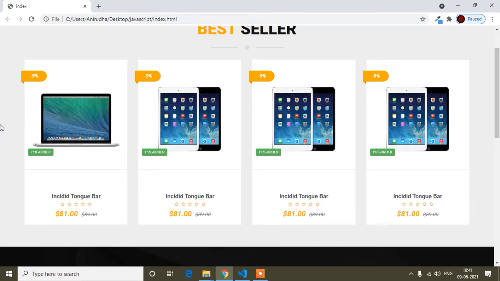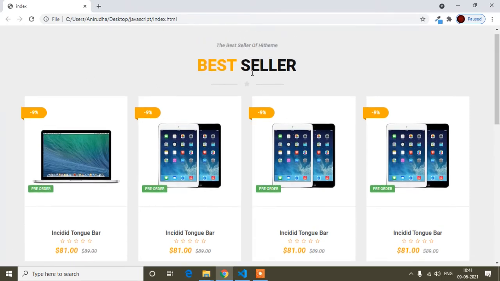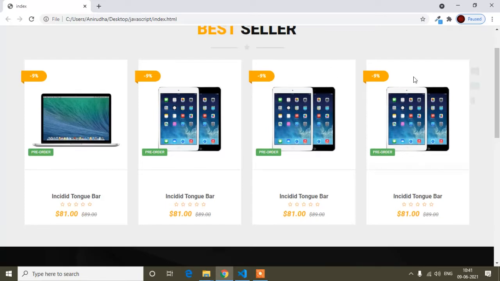In the previous tutorial I had made this design. I'm making a landing page, so if you didn't add this design in your project, I suggest adding it, because I'm making the landing page. So there are four products and four cards. Every card, if I hover, you can see the hover effect.